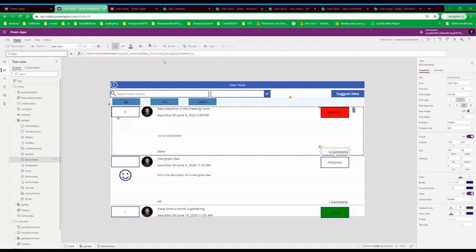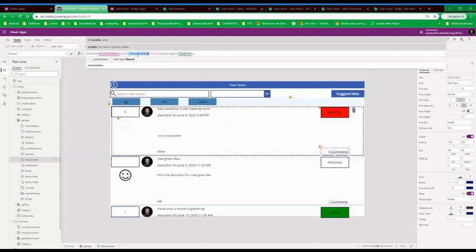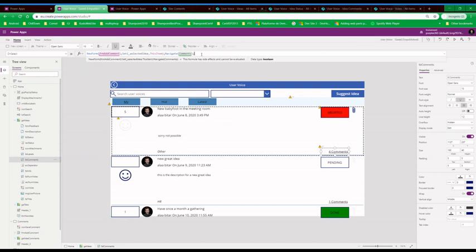I'm putting the current item, the item that we select, in a variable selected idea, and navigating to comments. This is a nice best practice when you want to navigate to a screen and you want to pass, for example, like this,